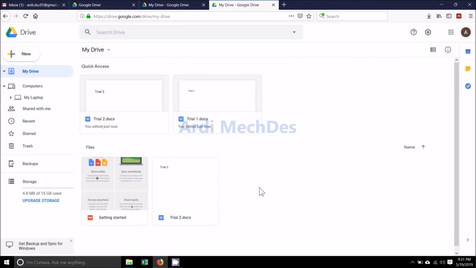We can see the files from Google Drive have the same content as the files from File Explorer.